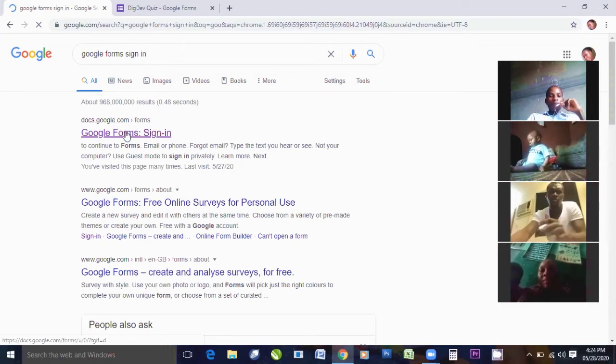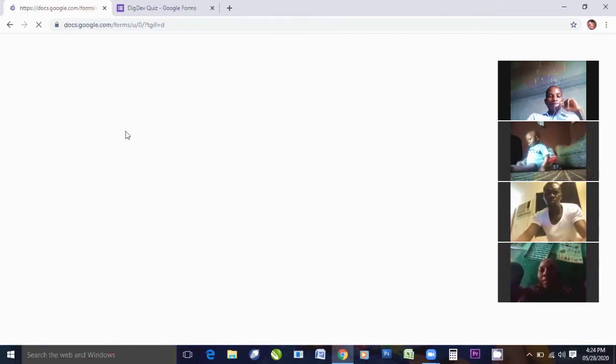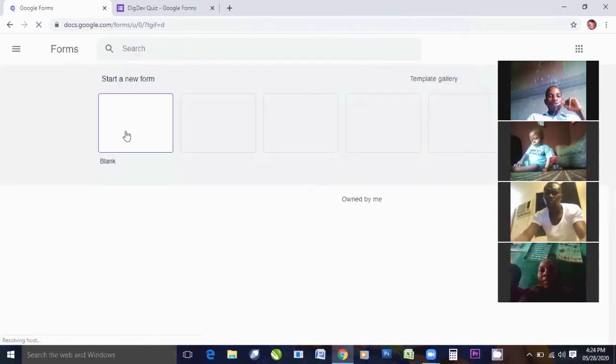Now, before you can log into Google Forms, you have to open a Gmail account. Then you link your Gmail account to Google. Even the Gmail will ask you. Once you link it to Google, anything that has to do with Google, you'll be able to go there easily and do whatever you want to do.